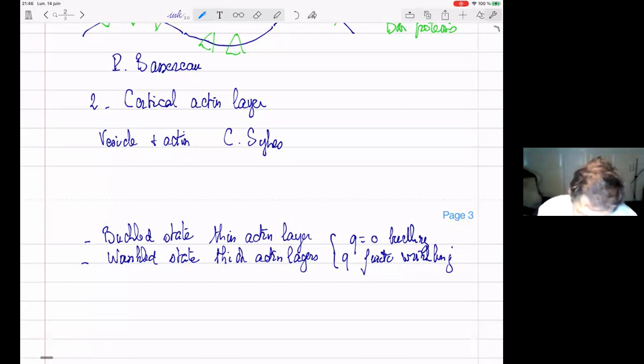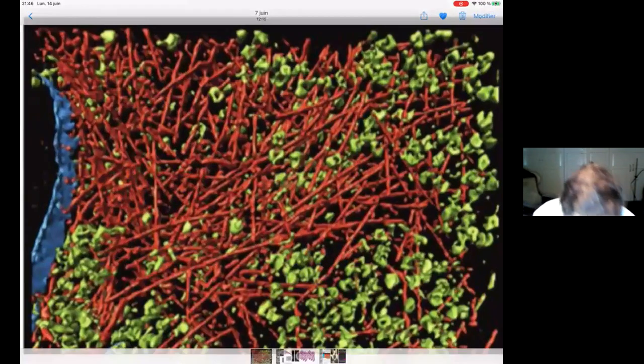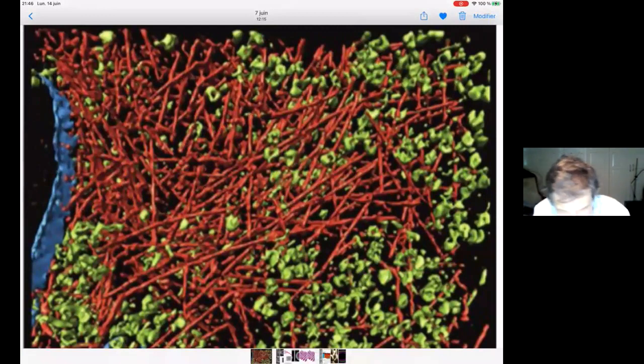Now, if I go back to my image of the actin layer, you see that there are the actin filaments here, but you see these green points here. These green points are molecular motors. These molecular motors are what biologists call ATPases, which means they consume ATP and they produce force. In a very naive way of thinking, you could see the motors as grabbing two filaments and pulling on the two filaments. So when I insert molecular motors like this in actin, they tend to contract the actin layers.